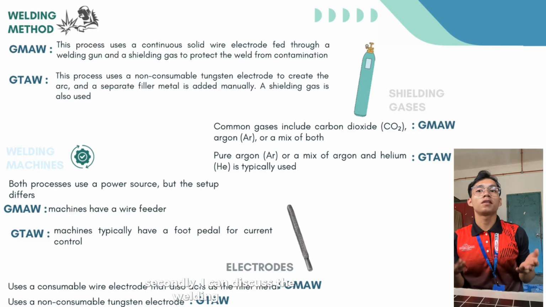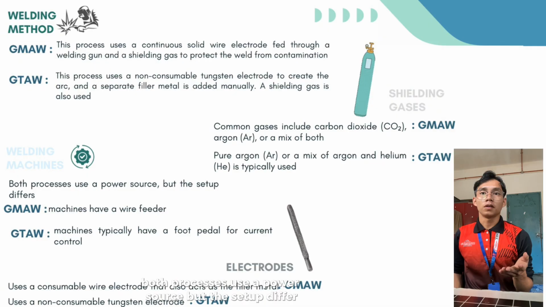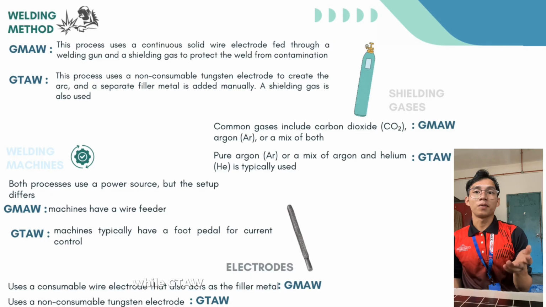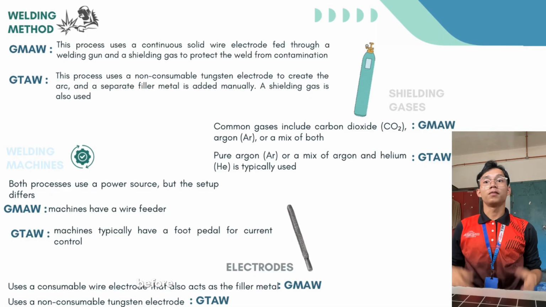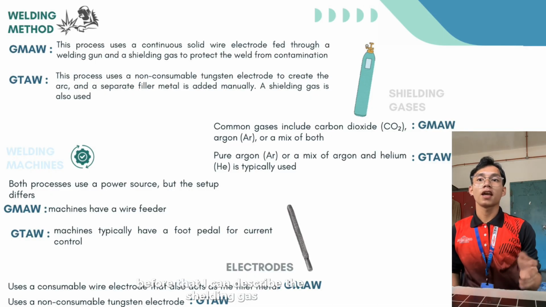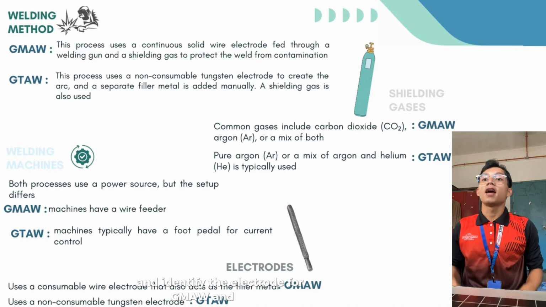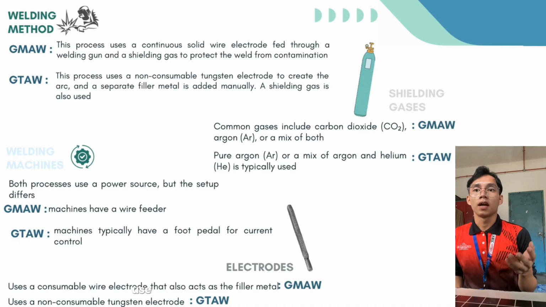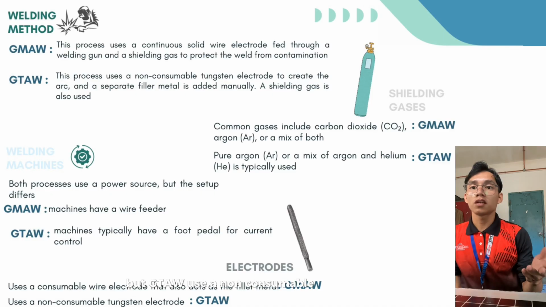Secondly, I can discuss the welding machine. Both processes use a power source, but the setup differs. A GMAW machine has a wire feeder, while a GTAW machine typically has a foot pedal for current control. Before that, I can describe the shielding gas and identify the electrode for GMAW and GTAW. The GMAW electrode is a consumable wire that also acts as the filler metal, but GTAW uses a non-consumable